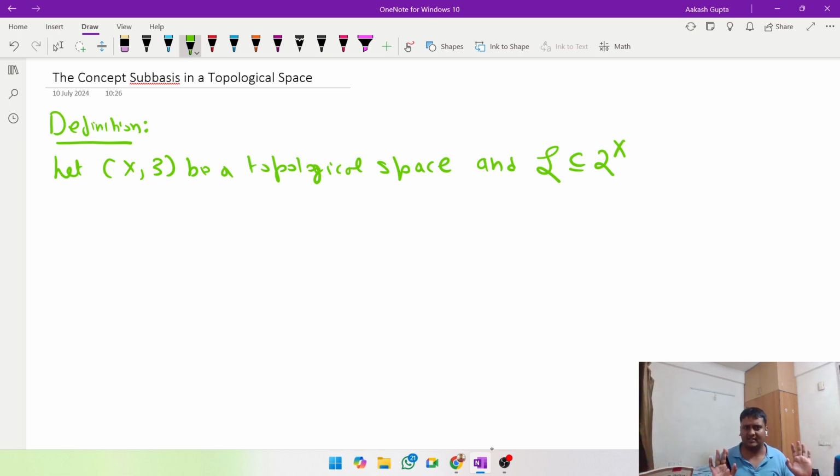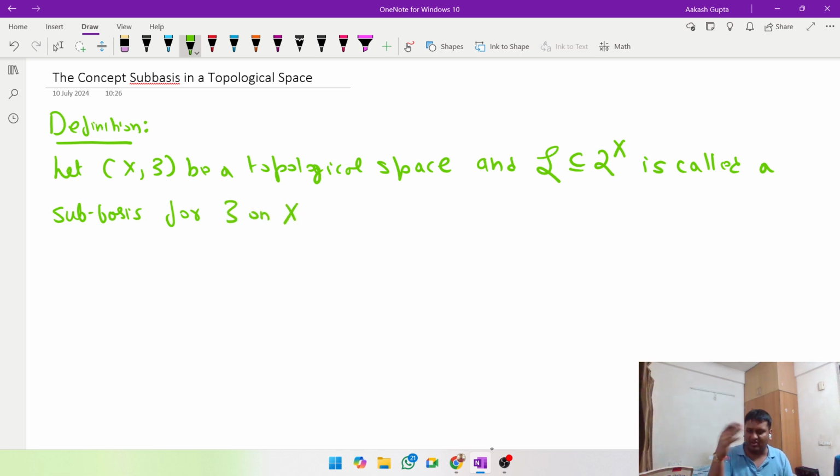The power set of X, is called a sub-basis. We don't put a dash in between sub and basis. We just write sub-basis, S-U-B-B-A-S-I-S. No dash is needed. So in mathematics, it's called a sub-basis for tau on X, for the topology tau on X, if